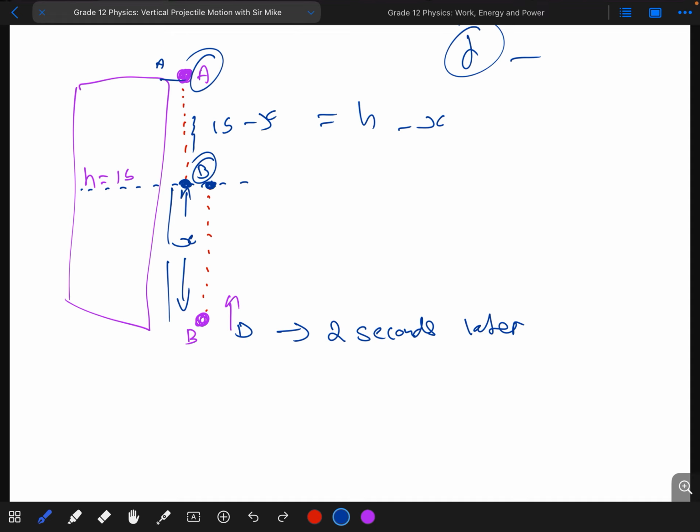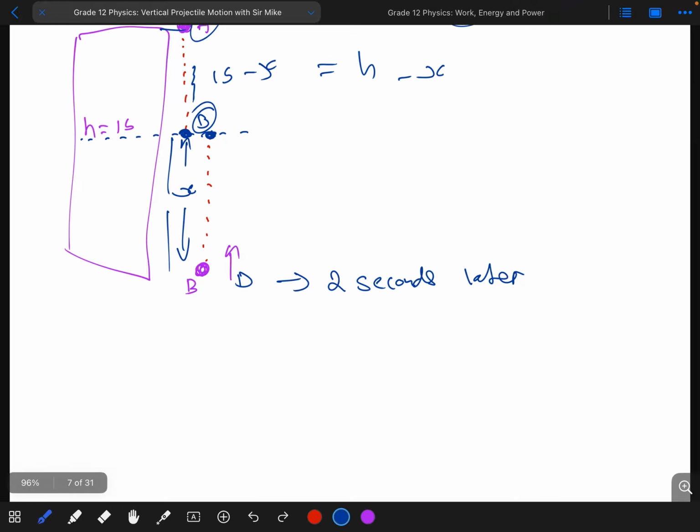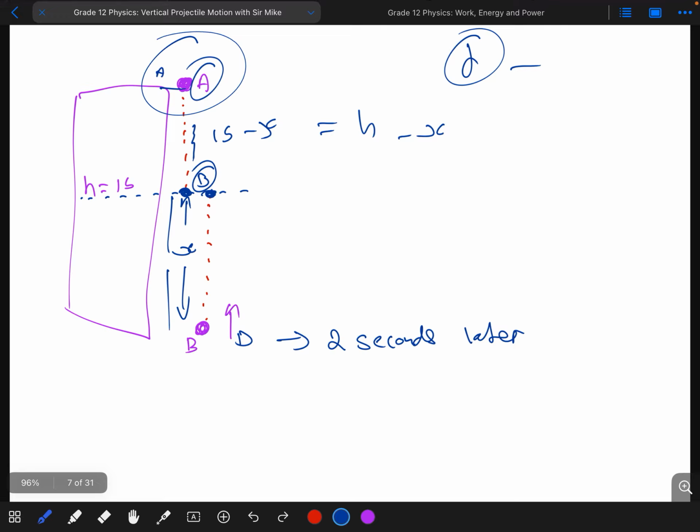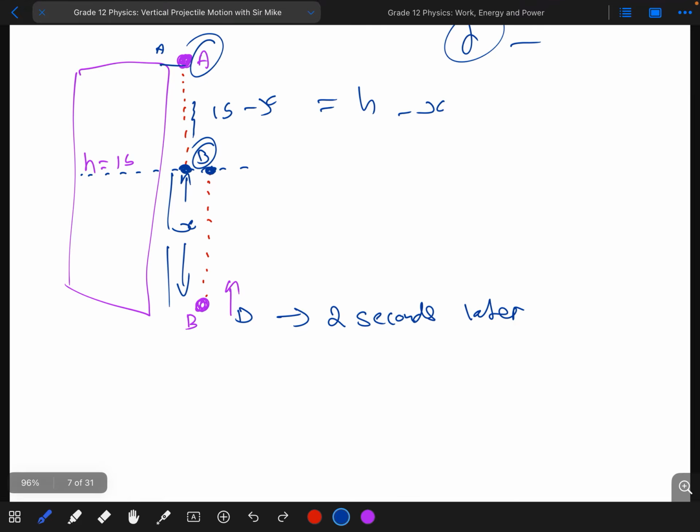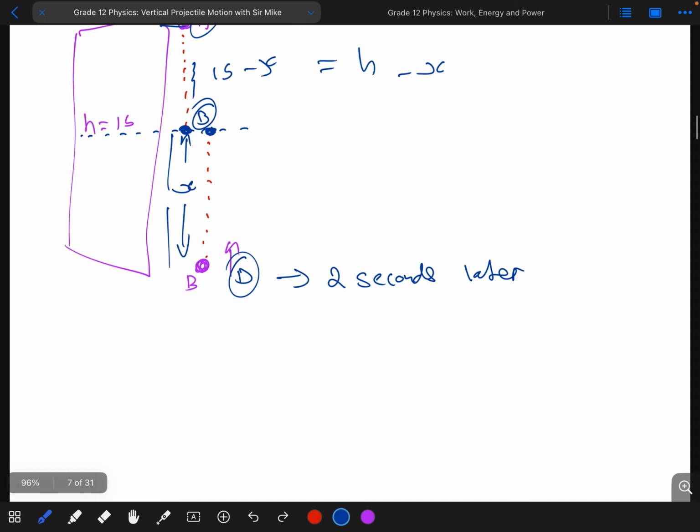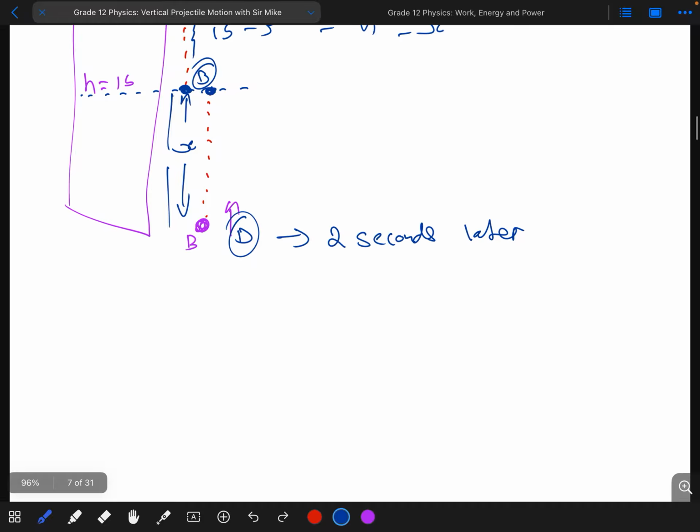And what you simply do now is make your first equation using the first object, so that would simply be your equation 1. Then you choose another point: the starting point of the second object, right? And where it actually passed the first object. So that would simply be between point D and point B there. So you'd get the information there, and you simply have two equations and